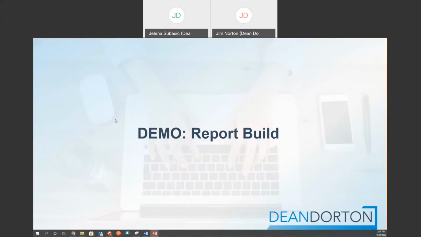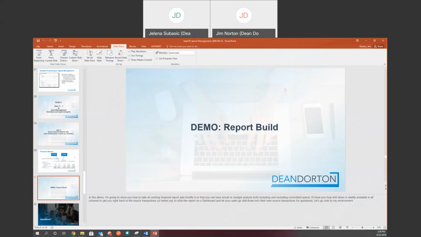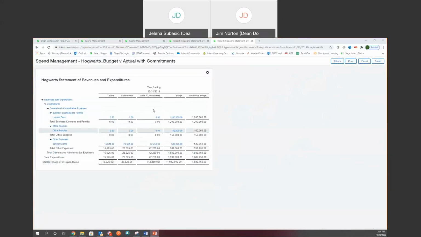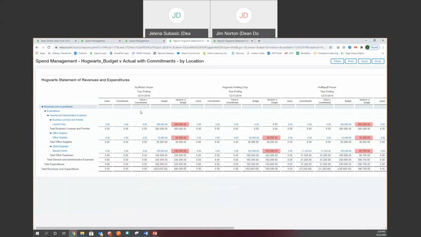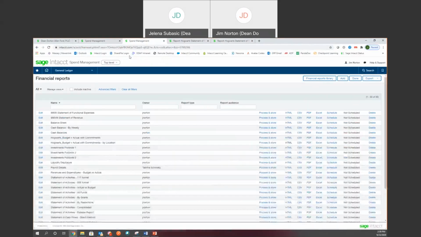And we're into another demo. So this is the end result report. This is one version of it that's not expanded by location. This is just the same report that happens to be expanded by location. How did I build it? Well, if I go to my budget versus actual with commitments here and I hit edit,